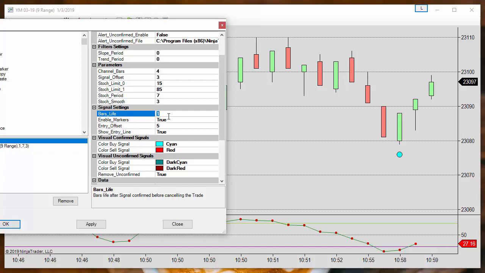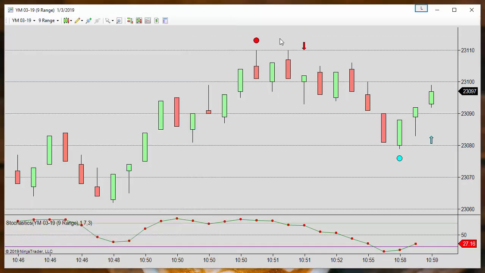So instead of using a bar's life of 1, let's try with 2. 2 is the red bar, so it also doesn't reach the price. But if we use 3 bars, then we get an entry.